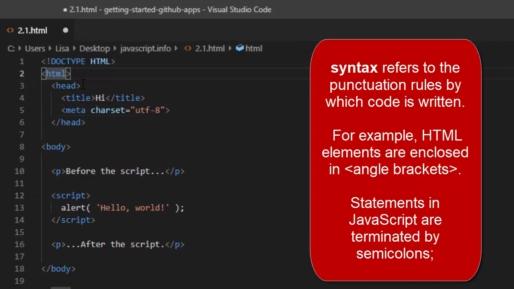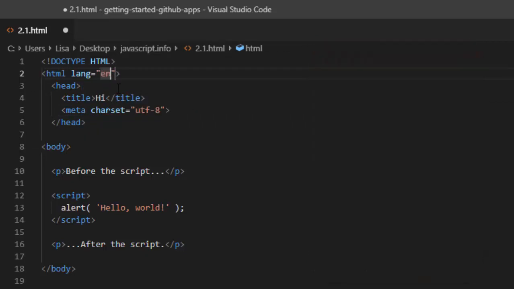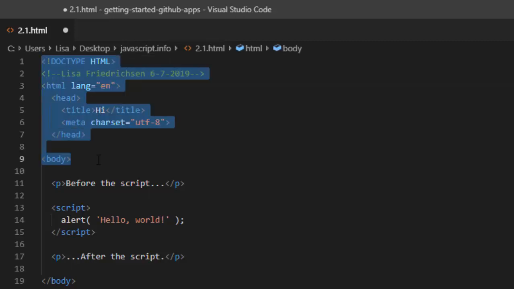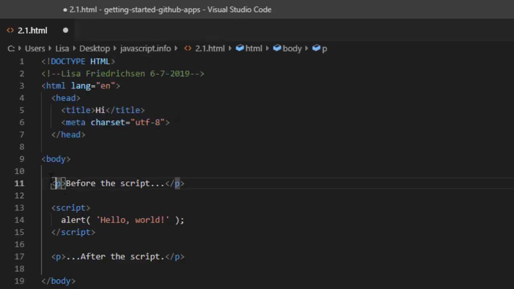I'm also going to go up into the head section and add the lang attribute and set that equal to EN for English. And I'm also going to go up into the top part of the document and do a comment with our name and the current date, as I request on all documents that you provide for me. With the particulars of Visual Studio Code and the head section out of the way, let's look at the body